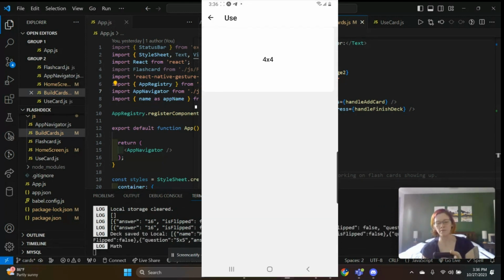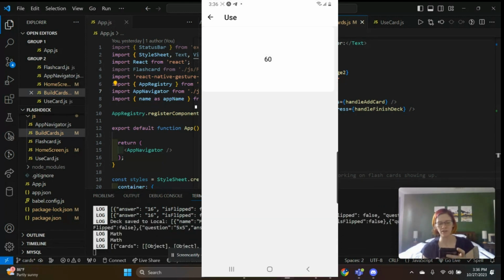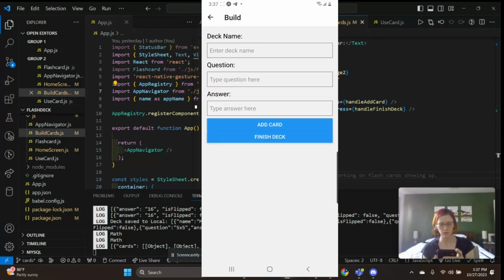So then the button pops up. You can click that button and it will take you to your flashcards, and you can go through your flashcards. And then it will just circle back and keep going. We'll just keep looping through them in order. If I want to build another one,